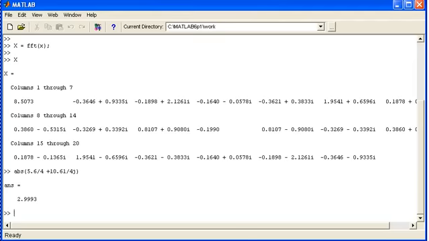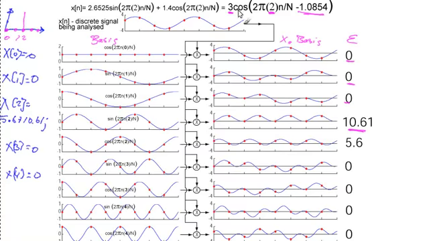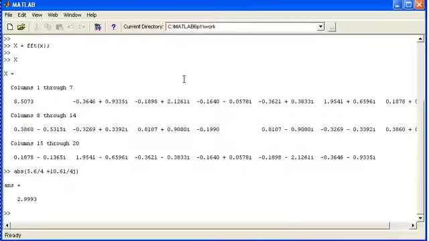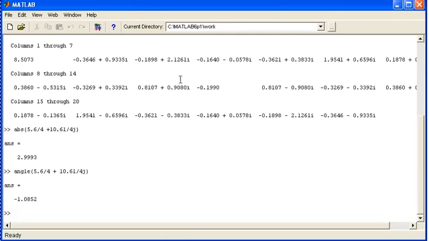And we'll also see, if I've done my calculations correctly, that if we take the angle of that, we should get a value of minus 1.0852. And I feel I've done something wrong there. Not absolutely confident about what I've done there. Something amiss. But the general idea